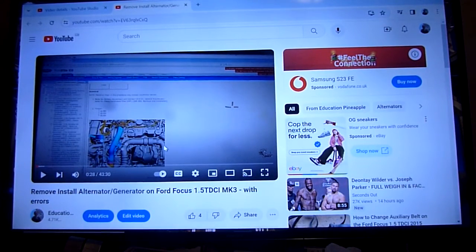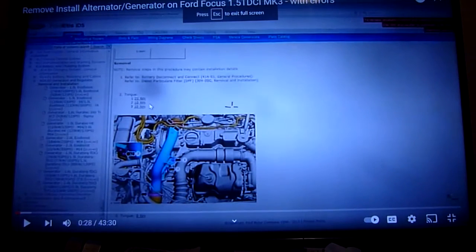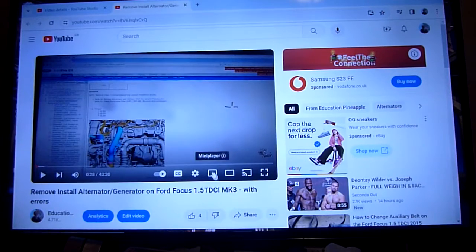Right, so here's my video on it. So you search on YouTube, remove, install alternator generator on Ford Focus 1.5 TDCI MK3 with errors, right? So you see, I'm going to look for this in a minute myself. You see the torque specs on there. If you can see it, let me just make that bigger. There's some grayed out torque specs. It will clear up once I start viewing it. So this is on about the intercooler cable pipe. However, this is from, you can see here, the Ford